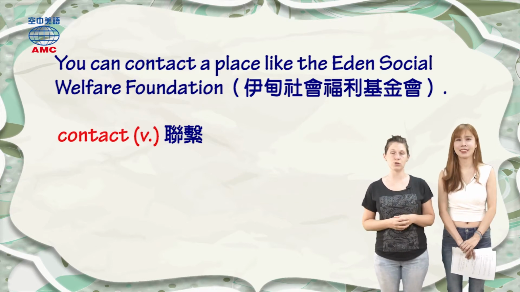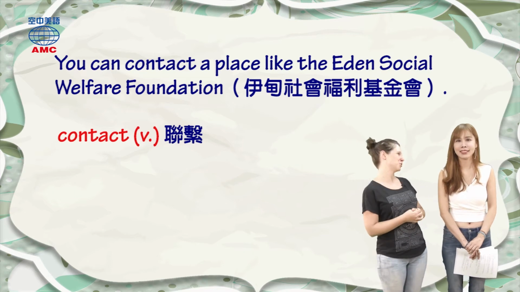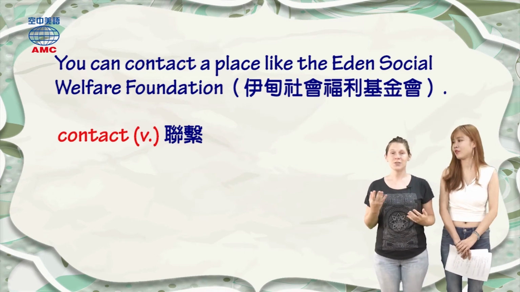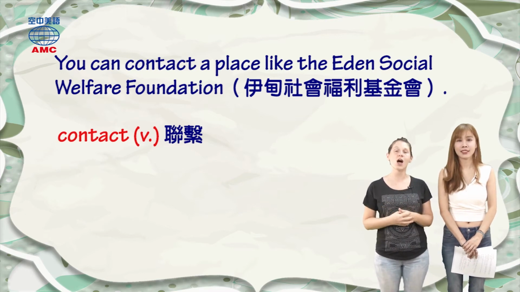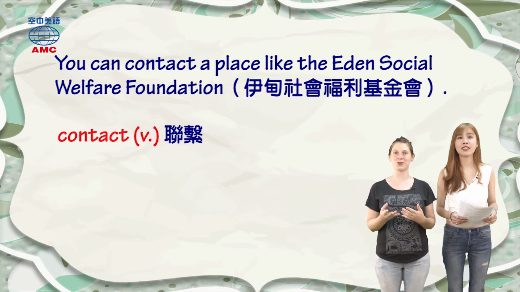Now, there's that group that we talked about there, but actually there are quite a few groups in Taiwan that you can do that with. There's the Harmony Home. I don't know the names in Chinese, but you can look them up online. There's Harmony Home, there's Eden Social Welfare, there's lots of them. So go look those up on Google and find a place to donate your clothes.